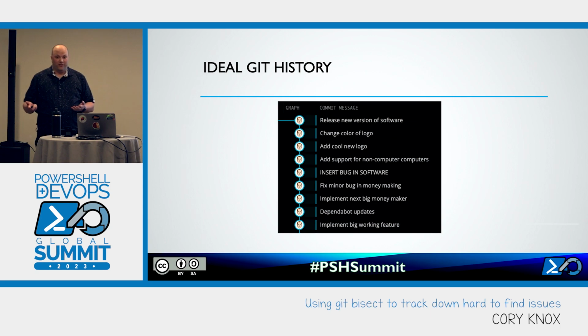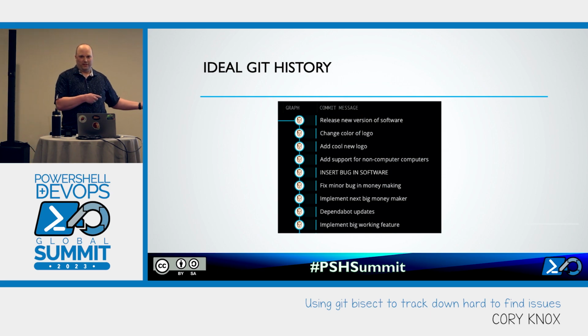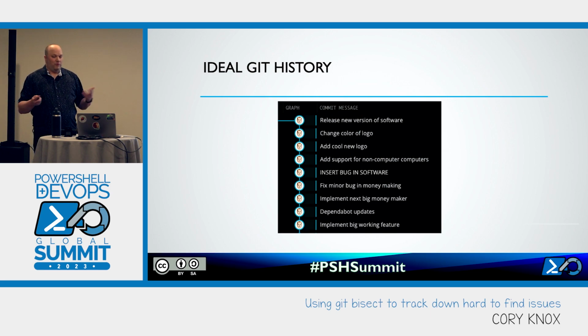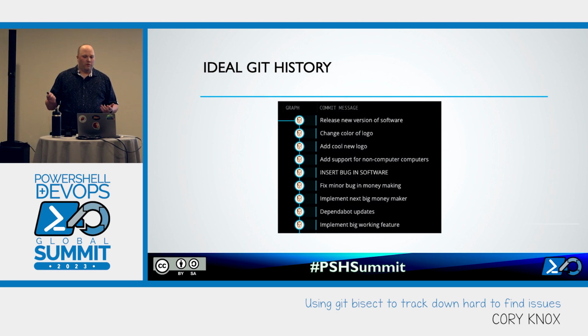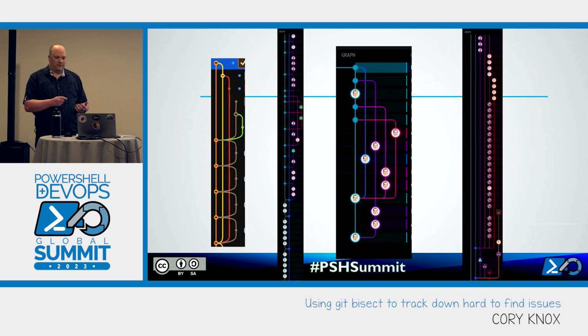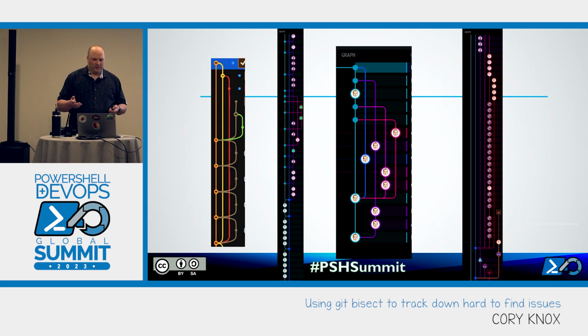In particular, when you're trying to find an issue, you'll have, like this one right here, a commit that says insert bug in software. Well, we don't need to go searching for commits because we put it right in the commit message like we're told to. Unfortunately, or maybe fortunately, we don't live in the ideal Git history world. We all live in the real world, where we have real-world repositories that look like this,